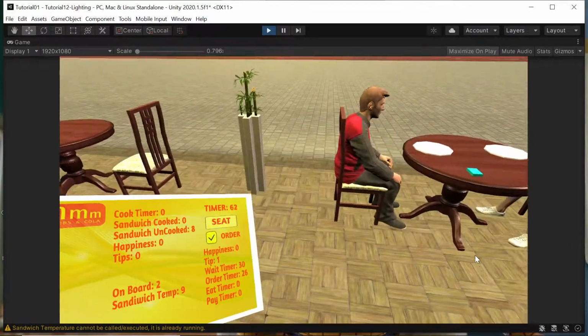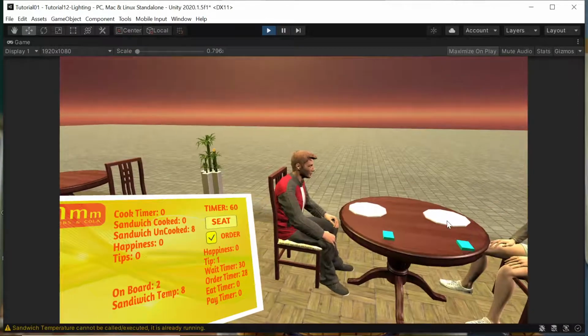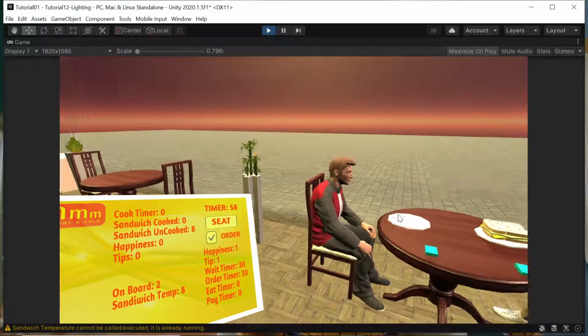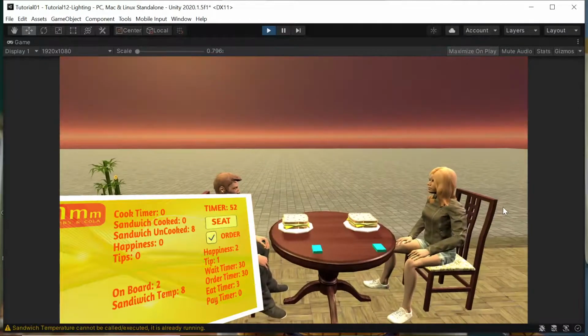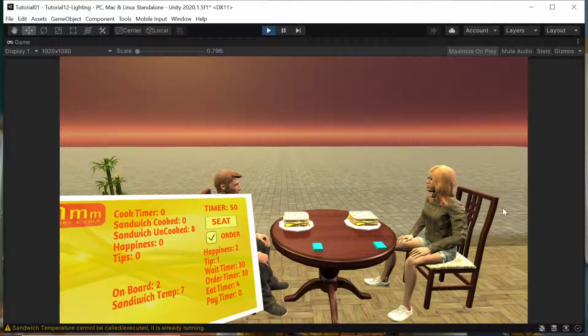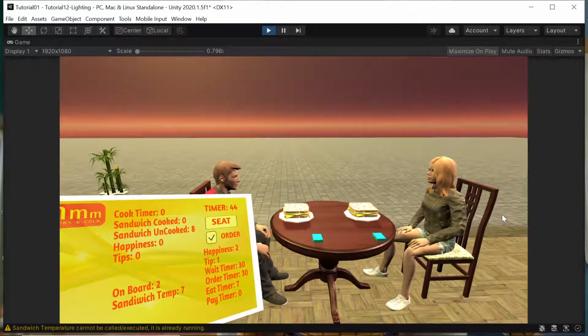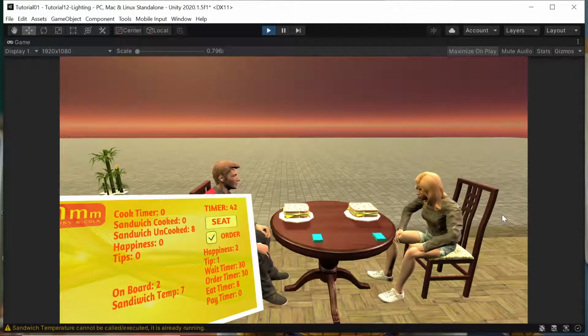Now I can serve the sandwich onto their plate, and then the eat timer here will start. I set up the eat timer to be between 5 to 10 seconds. And then after the eat timer has finished,